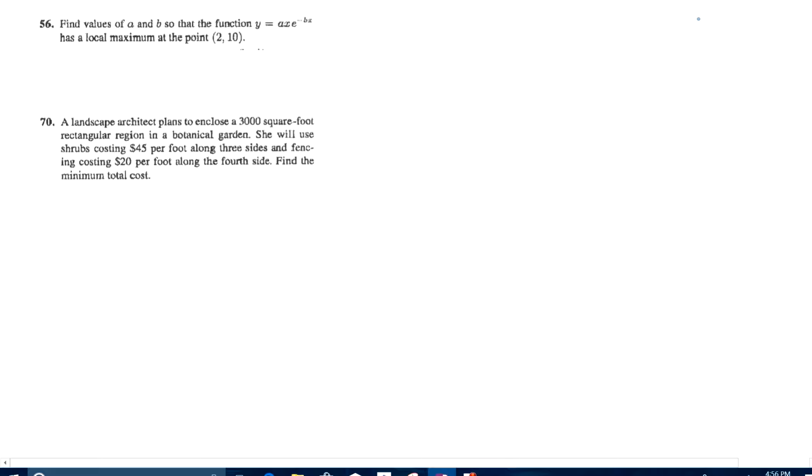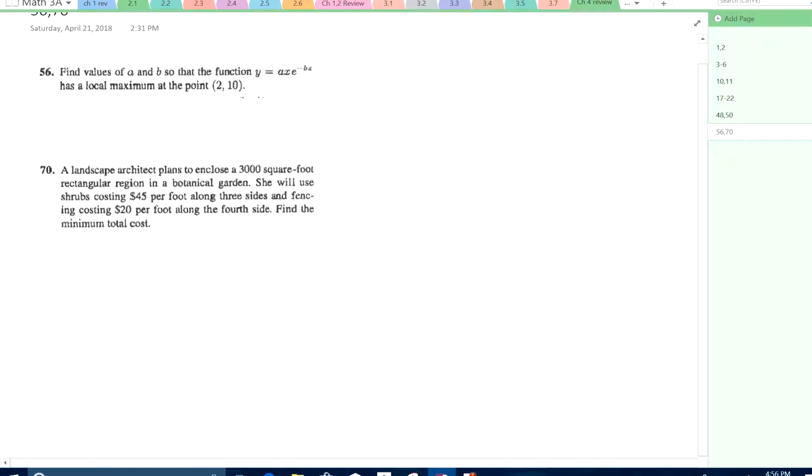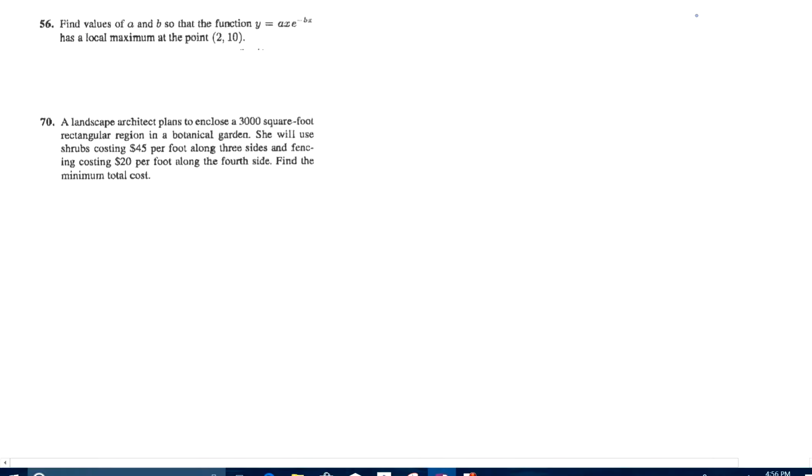Okay, 56 is one of these questions. It's not a standard question like we've been doing so far. So let's just try to apply the concepts we've learned and see what we can get. Find a and b so that this function has a local maximum. So a and b are constants,